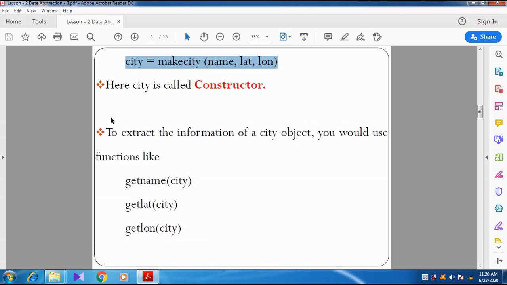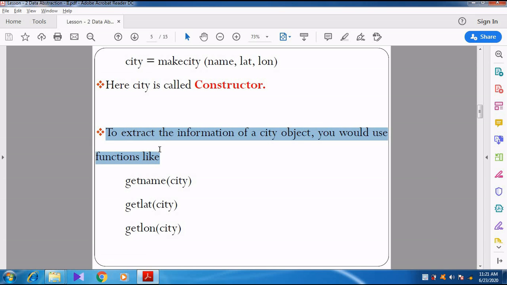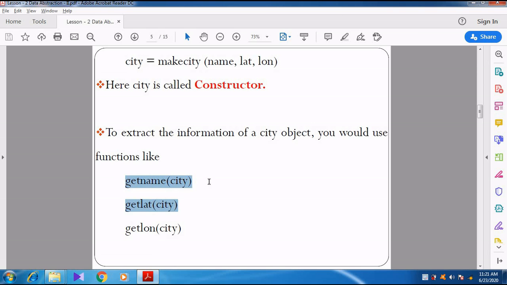Now to extract the information of a city object, you should use functions called get name of city. So we are going to create some selector functions. Selectors are functions used to retrieve the information from the abstract data type.